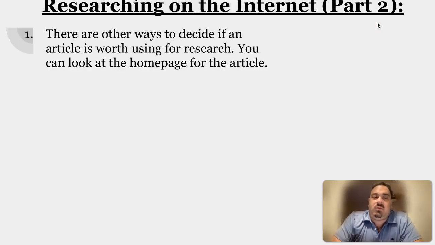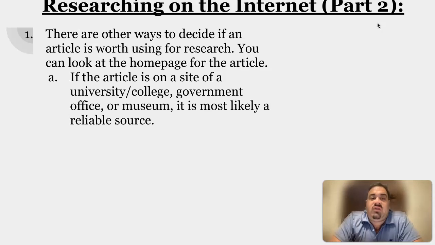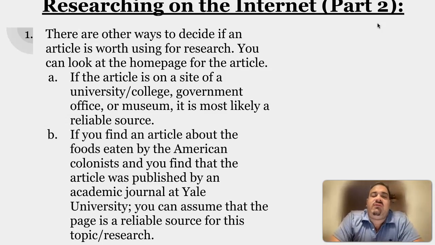Researching on the internet, part 2. There are other ways, as this continues authorship, to decide if an article is worth using for research. You can look at the homepage for the article. If the article is on a site of a university, college, government office, or museum, it is most likely a reliable source. If you find an article about the foods eaten by the American colonists, and you find the article is published by an academic journal at Yale University, you can assume that the page is a reliable source